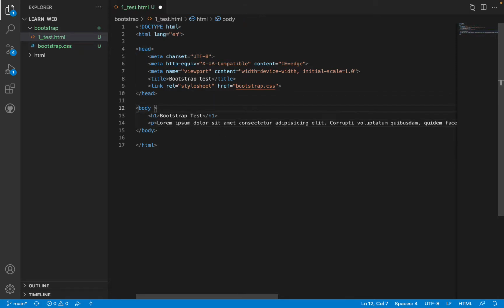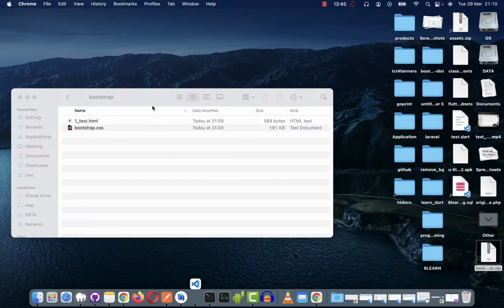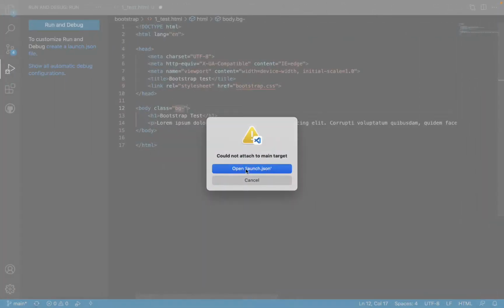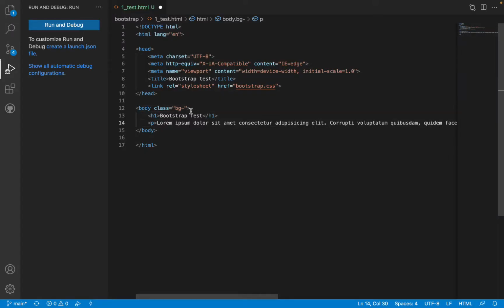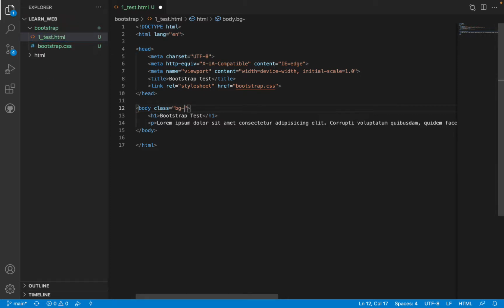In the body tag, write the attribute class, and then in the class write the word bg, then dash, then the word danger. bg danger, like this. Okay, so after writing bg danger,